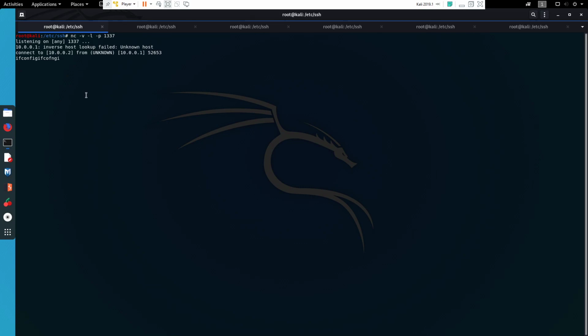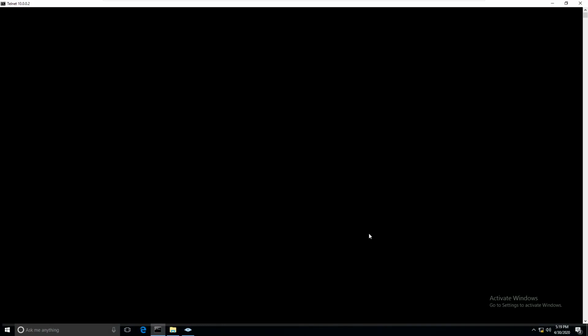So you can see what I was just typing there, ifconfig, even though I kind of butchered it, is popping up here. And there's a connection. It says from 10.0.0.1 connecting to 10.0.0.2. And what we have here is a Netcat backdoor effectively. And this Netcat is listening on port 1337 for connections. And if we actually go back to our Windows host here,